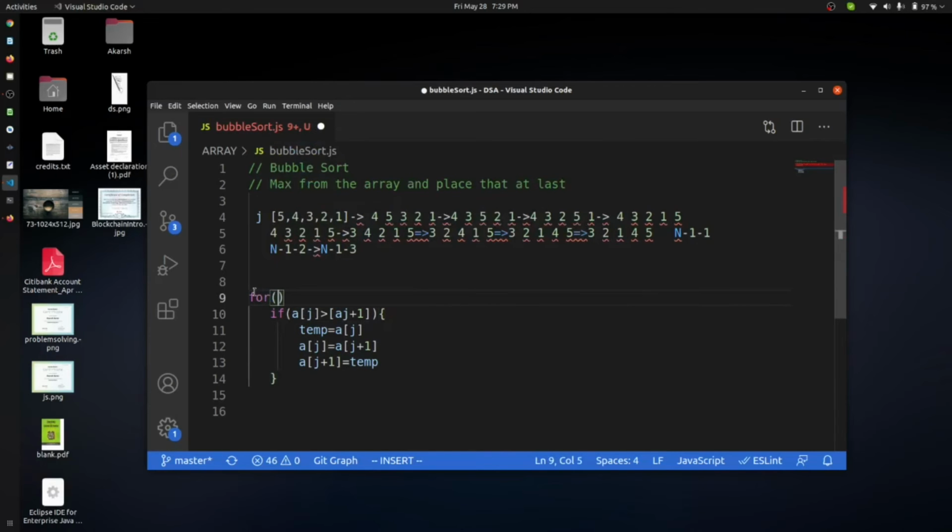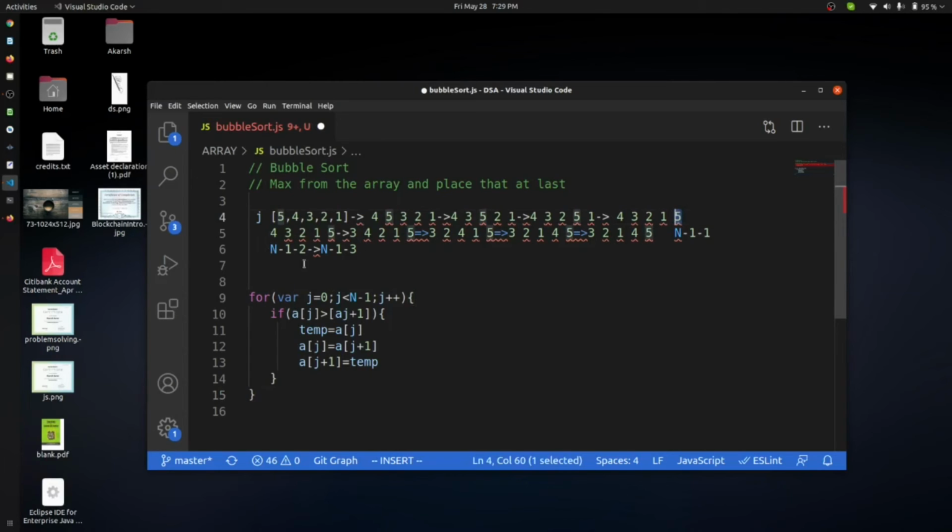So we use a for loop with j equal to 0, j less than n minus 1, and j plus plus.